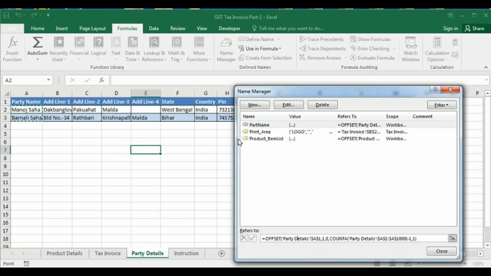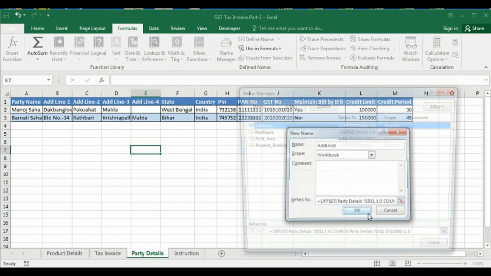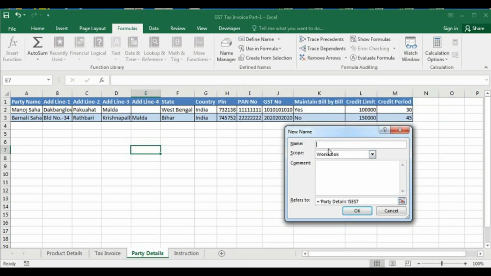So copy this, then new, address line 1, paste it here, and go to the first cell, instead of A put B. Click here, you can see address line 1. Now address line 2, same formula.